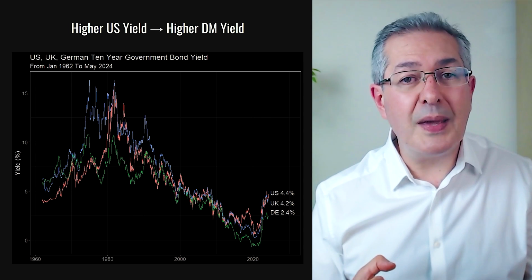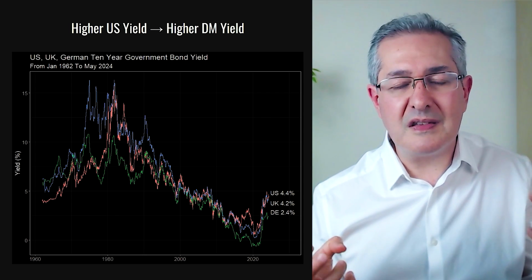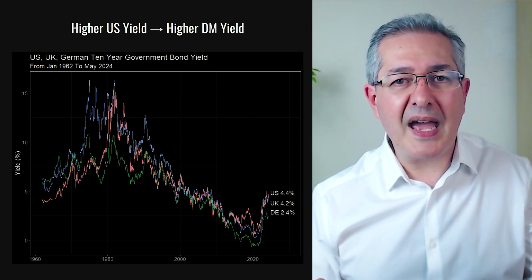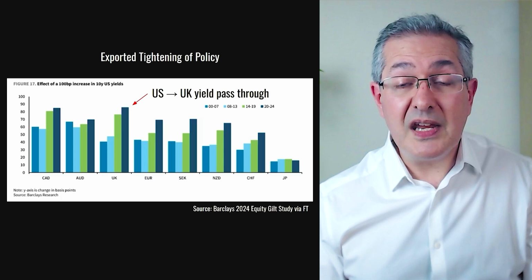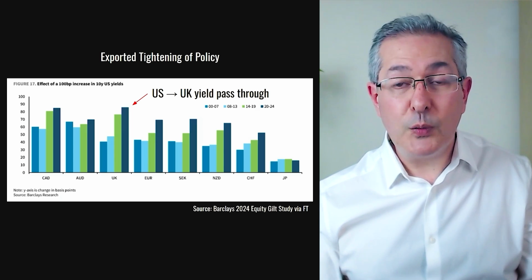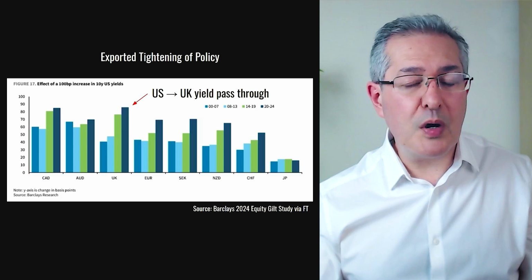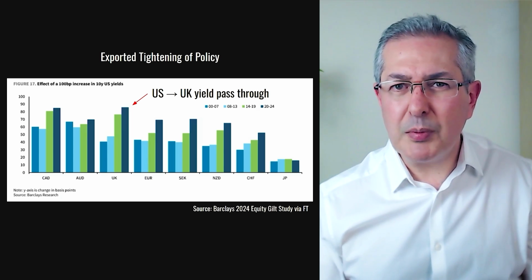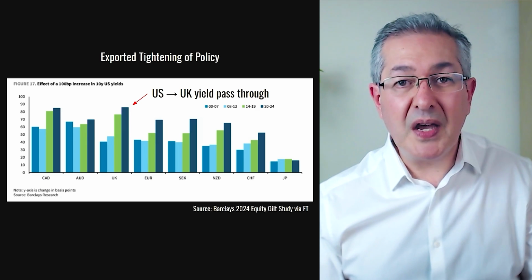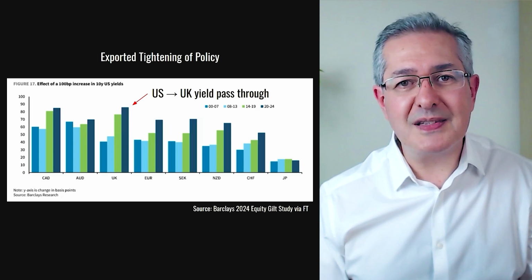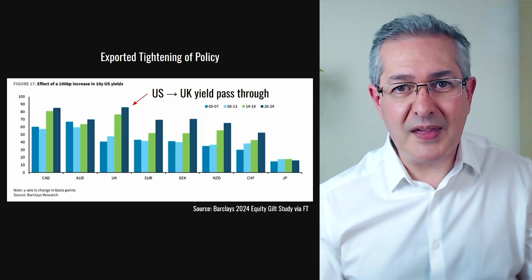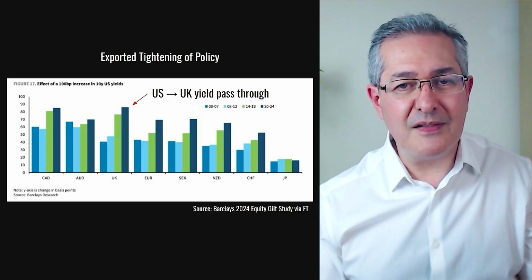And what they tried to estimate was if the US increases its 10-year yield on its treasuries by, say, 1%, what effect would that have on other countries? And as you can see here in the case of the UK, about 85% of that yield increase will be passed on to us, whether it's appropriate for us or not. And it probably isn't appropriate because our economy is weaker than that of the US. So while tightening of policy for the US economy might make sense, it probably doesn't make sense for the UK,